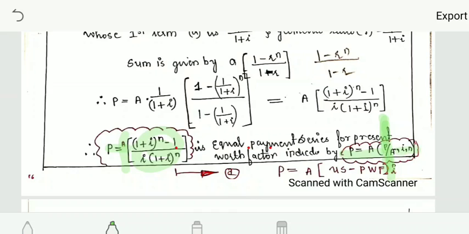So it is called as what? You can see here in the formula, the present worth is equal to what? Amount, inside you are multiplying by the uniform series present worth factor. It is not minus, it is uniform series to the present worth factor. Don't get confused. Now we'll see the second case, and later we will be solving the numericals.